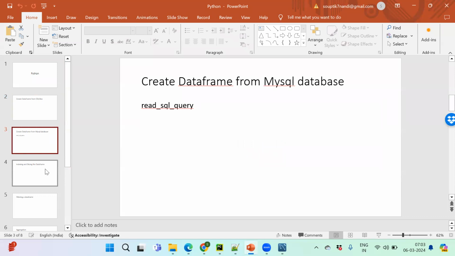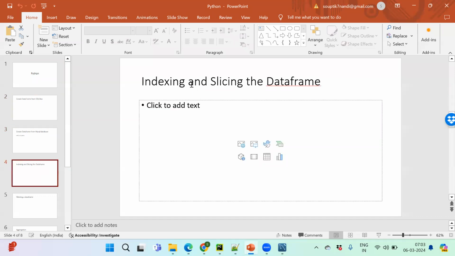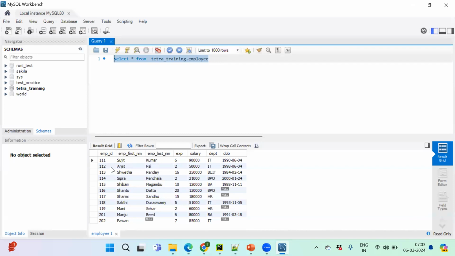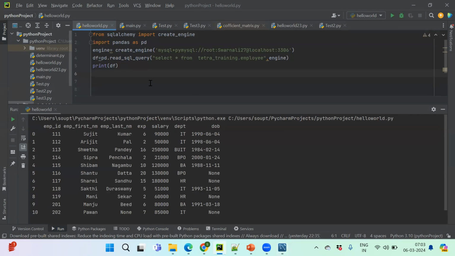So we are able to create a data frame on top of the MySQL database. Okay, so the first thing is indexing and slicing of the data frame in transformation. You can see that when we create a data frame from a CSV file or a database, this kind of indexing was not there in the database or the flat file. I'm opening the database, you can see there is no index 0, 1, 2, 3, 4. While calling any pandas data frame, by default it gives row-level indexes, and this is the thing